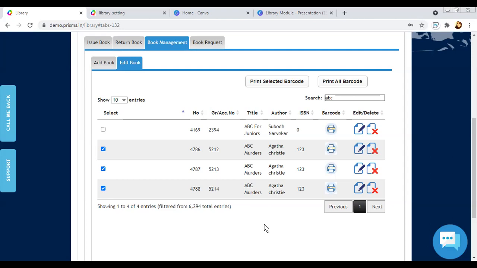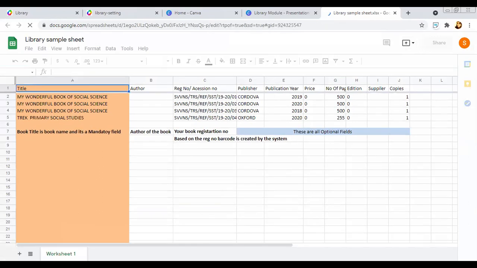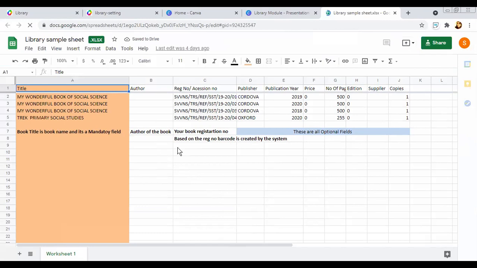Can you show that Excel, the format that we have? We'll be adding this Excel format here itself on the top side, so you can download that Excel from here also. But for now we have not added it. We'll be adding it soon. Vibha, can you show that Excel? Okay, so this is how we will be giving you an Excel. You can add your books here and send it to our support team, and we'll add it and give it to you.